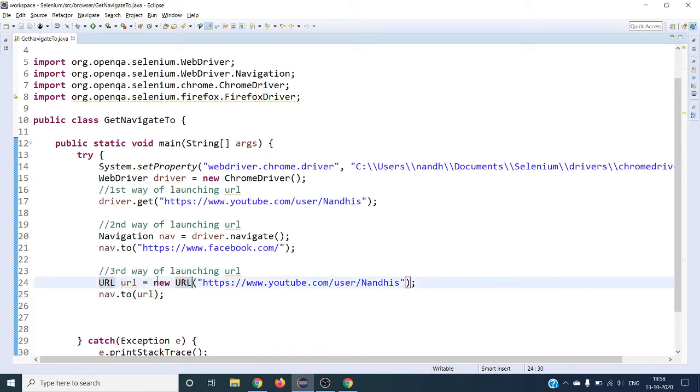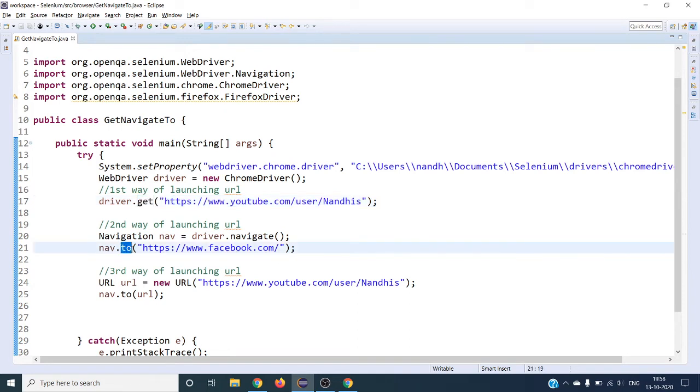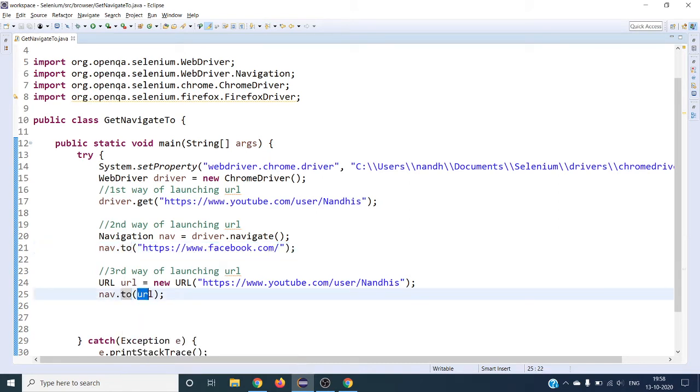So this is the third way of launching your application URL. So this is the first way, to accept the string as a URL using the get method. The second way is using the to method, which also accepts a string URL. The third way is also a to method, which accepts the URL class as a URL.